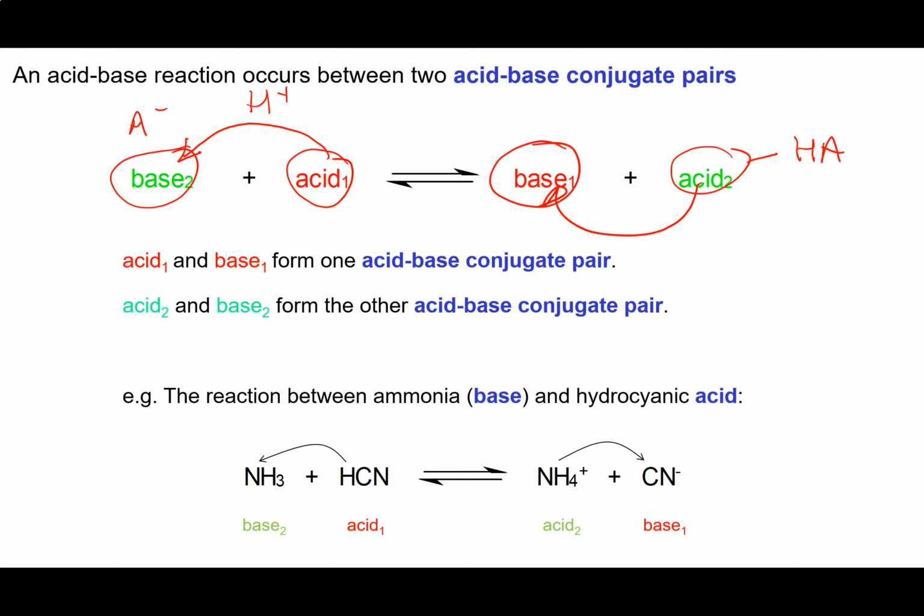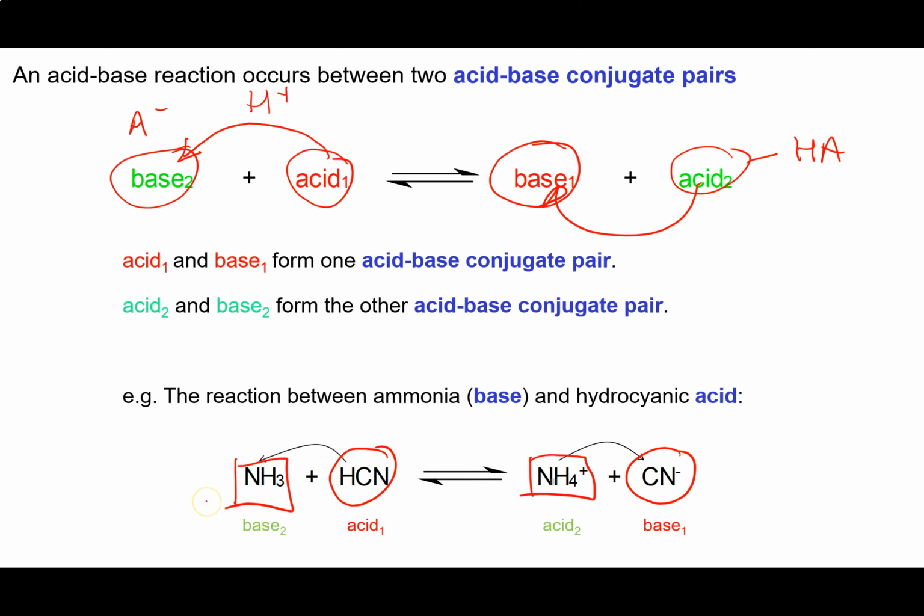And that's it. So here's a good example. Hydrocyanic acid, that's a weak acid, donating a proton to ammonia. What does it form? It forms the ammonium ion and the cyanide ion. The ammonium ion is the conjugate acid of ammonia. The cyanide anion is the conjugate base of hydrocyanic acid. So these are one conjugate acid-base pair, an acid and base that differ by one proton, and then these guys